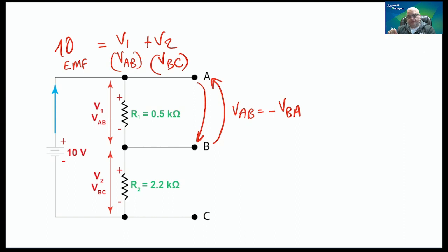In AC, the current flows in both directions, and therefore the concept of polarity in AC is a completely different thing than in DC. In AC, it represents direction. All right, now,